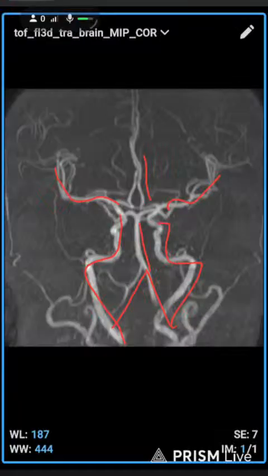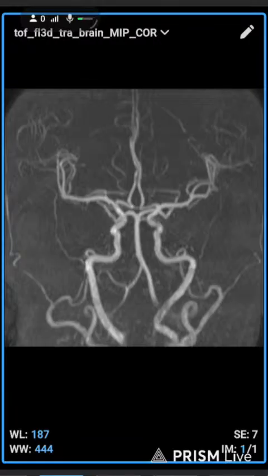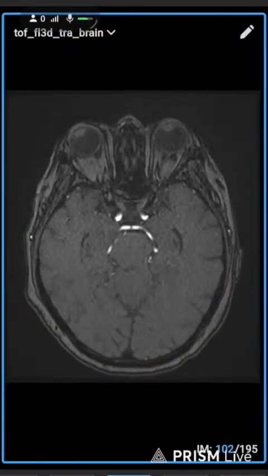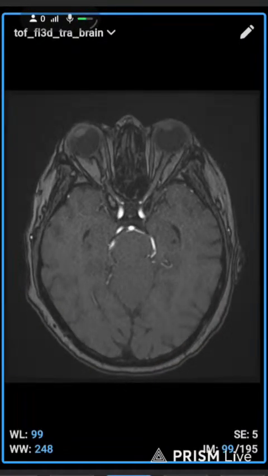MRI brain cerebral artery, this one is the posterior cerebral artery which was shown in axial. If you see the image you will find whatever the artery name. So in this image you will see posterior cerebral artery, left right,